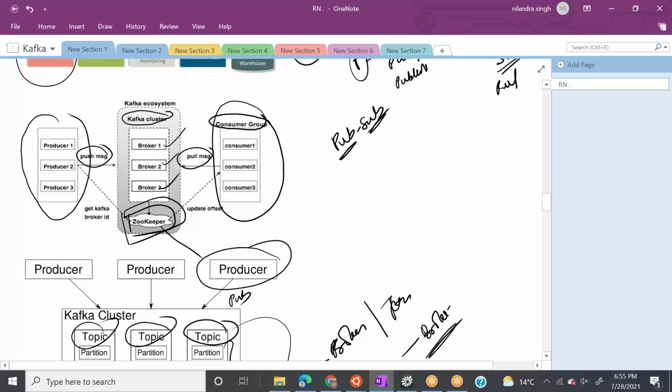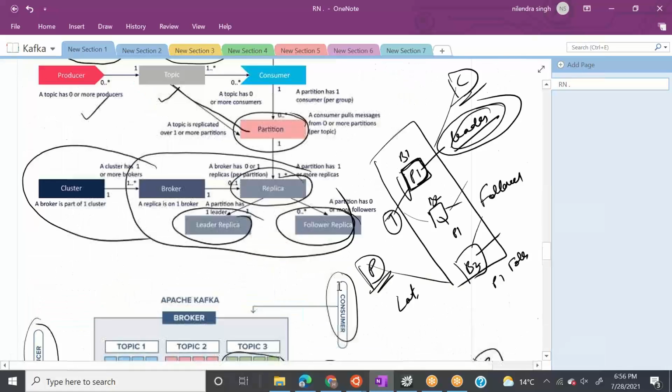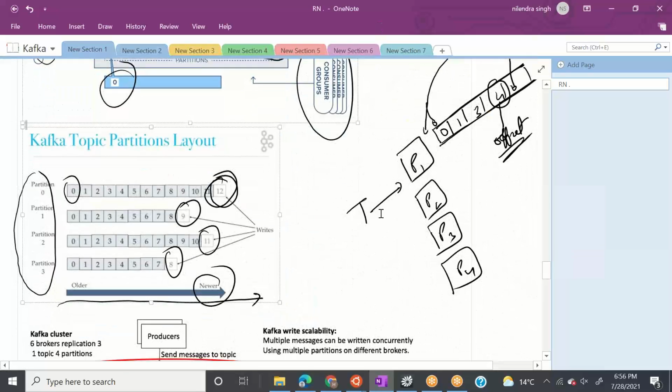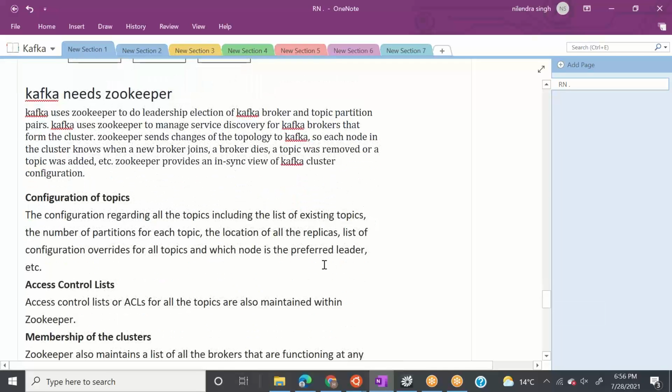So Zookeeper is the component which is maintaining which brokers are alive, who is leader, right? Which partition is active, which machine is active. Now let's see what Zookeeper does for us. Okay.